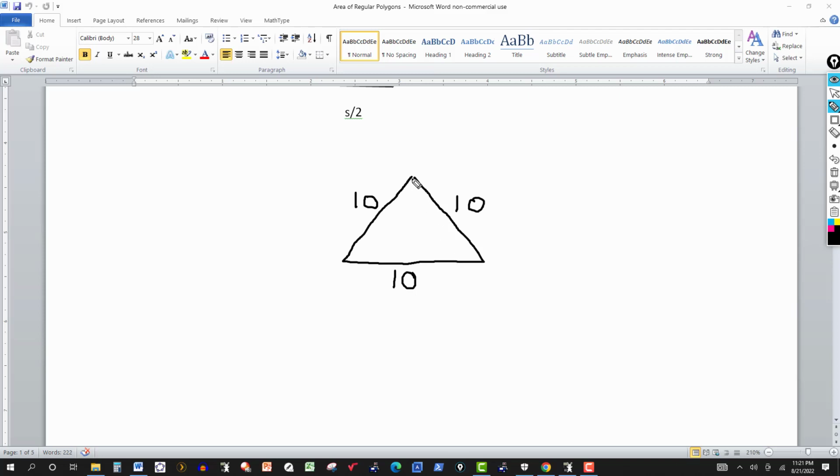We could find the altitude here. I could drop this down instead of using the apothem. I could find this. This would be 5. This would be 5 here. This would be 60 degrees. This would be 60 degrees, and this angle over here would be 30 degrees. It divides it. But I wouldn't need trigonometry for this one to find the altitude. And I would just say this is h squared plus 25